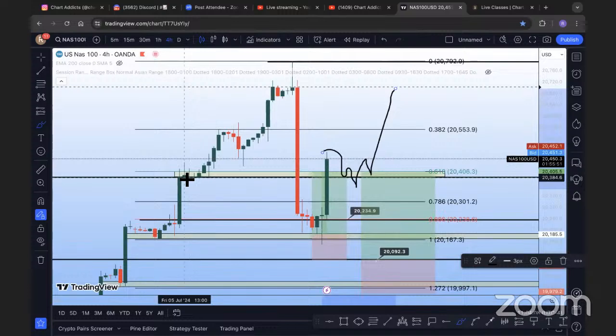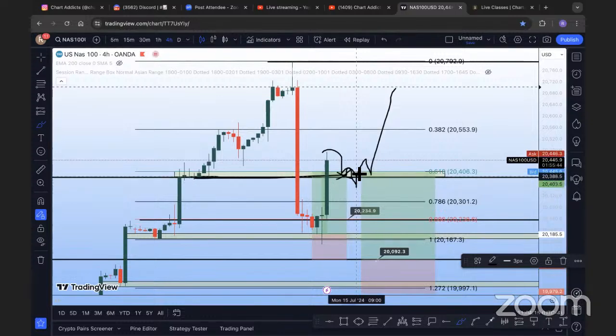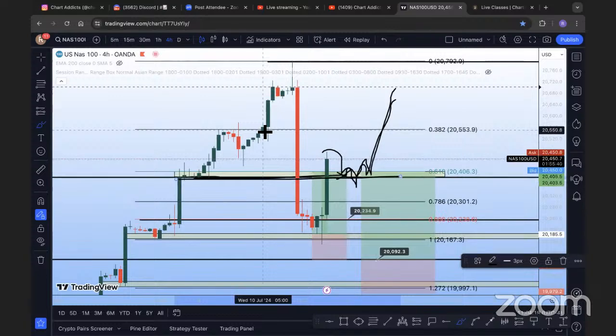right? It's just going to come back to retest this area. Everyone's going to buy right at the zone. It's going to break it, obviously, because it's not our first rodeo. Retest and pop off. This area here could be a great retest zone.